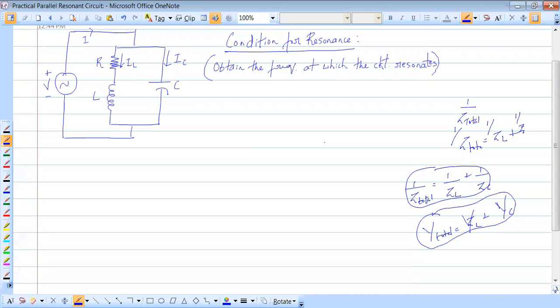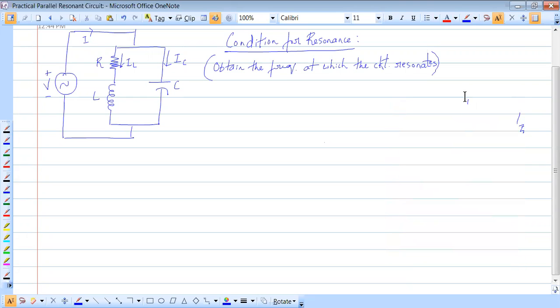Get that point? Fine. So therefore we can write the total impedance of the circuit becomes total admittance rather. So what is the total admittance of the circuit? Let's write that now. Everybody, I hope you are copying all this now. The total admittance, everybody copy down. The total admittance is given by what?